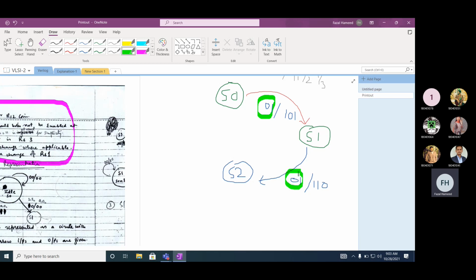So this is the difference between a combinational circuit and a sequential circuit, because in both cases the input is the same, but the output is different. Why is the output different? Because in the first case, with input 0, 1, the previous state was S0, and in this case the previous state is S1. That's the reason. That's the difference between a combinational circuit and a sequential circuit. So this is all the transitions that we can make from one state to another based on the inputs, and based on the input there will be some output. Okay.